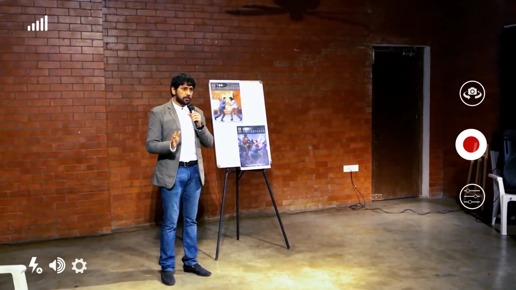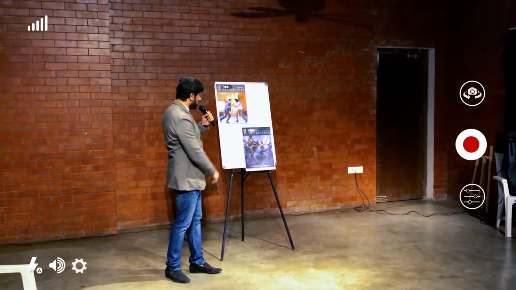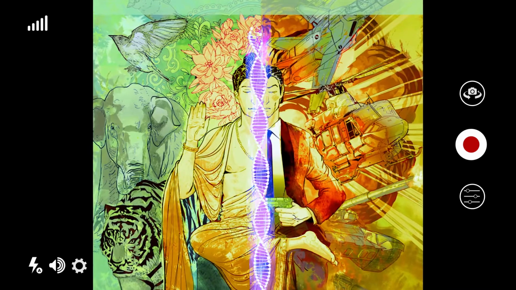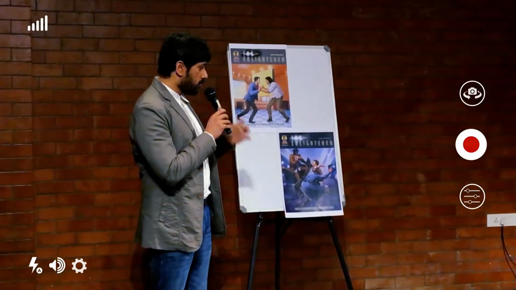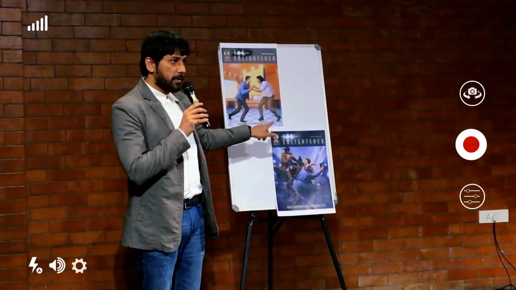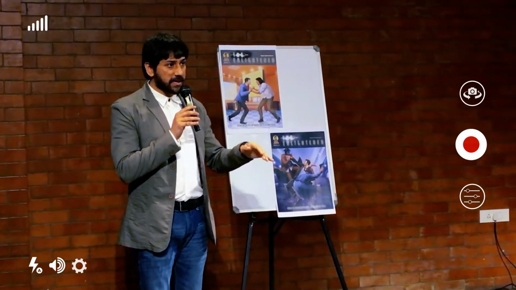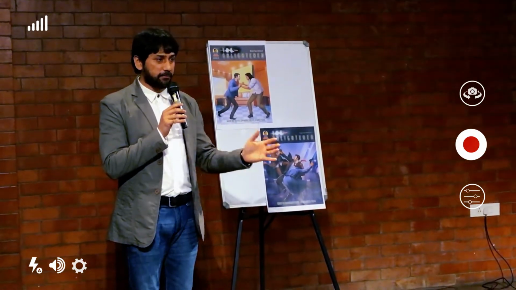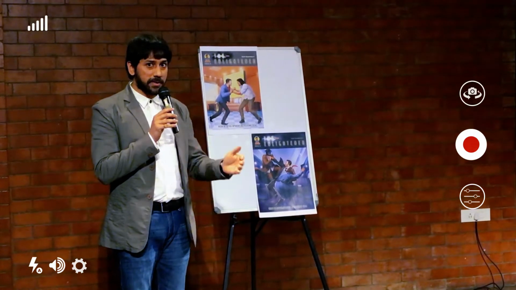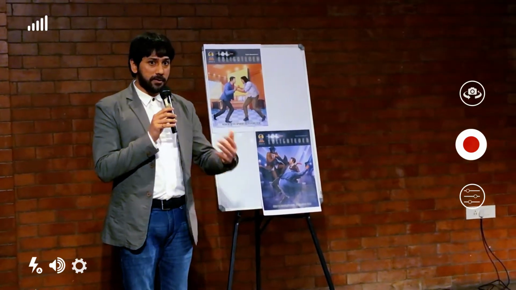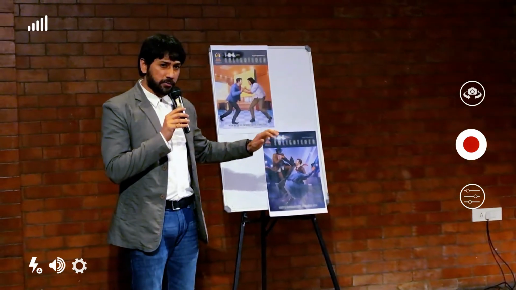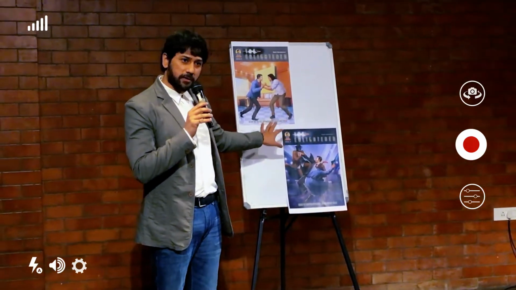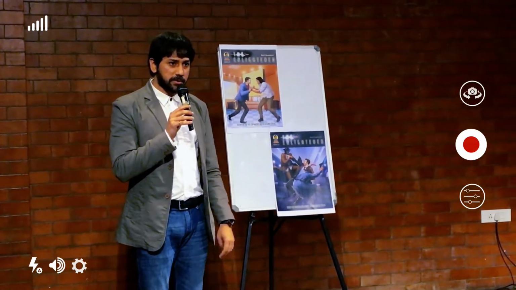This is going to be a workshop, quasi also like the launch of these two parts. Enlightened is my second title, and the first part's launch happened at MICA in Ahmedabad. So today we have parts 2 and 3, but I've been getting consistent feedback because I do a lot of sessions on these, and they're like, we wanted more of the interaction to happen. Because for the question part, I did an hour-long session, and then the questions were just 15 or 20 minutes. So this time it's going to be a lot more interactive. I'll run through quickly everything related to the story and a bit about how these graphic novels are made, and then we will start taking questions.